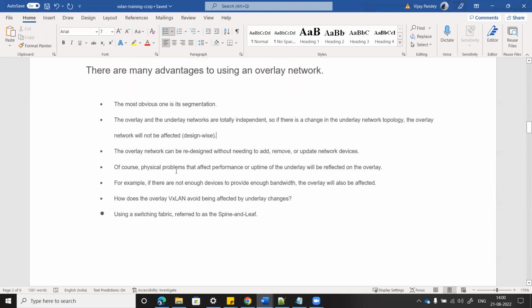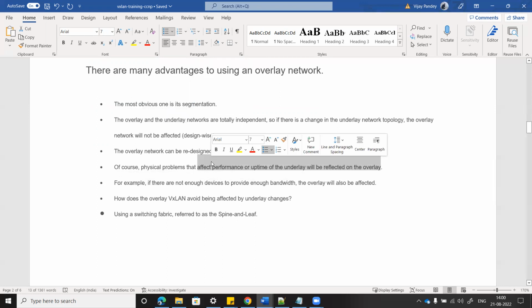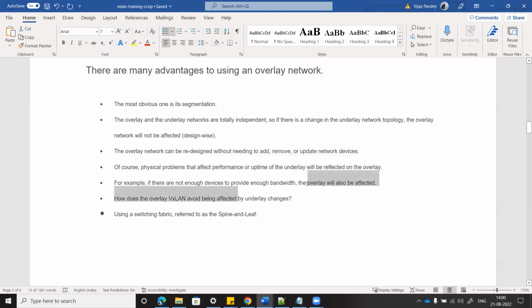Okay, and regarding physical problems, if I say that underlay and overlay are totally independent, make sure that your physical infrastructure is up and running, and then only will the overlay and underlay work, of course, right? If there is, for example, not enough bandwidth or something like that, VXLAN can definitely be impacted, because VXLAN is not a never-die solution. It will be impacted if you have an issue with the physical environment. Okay,